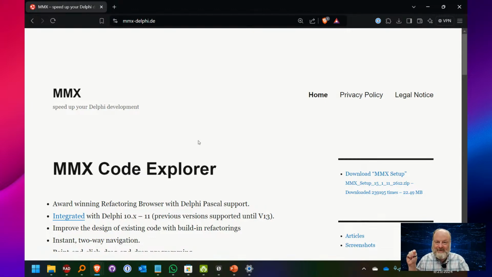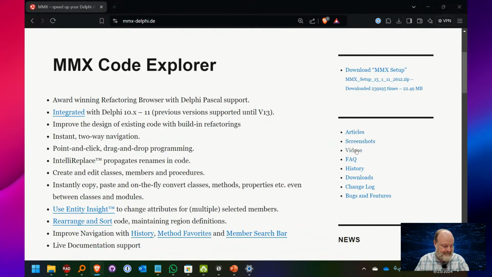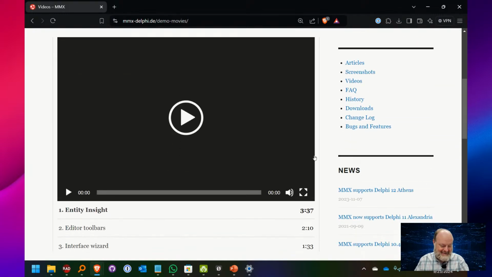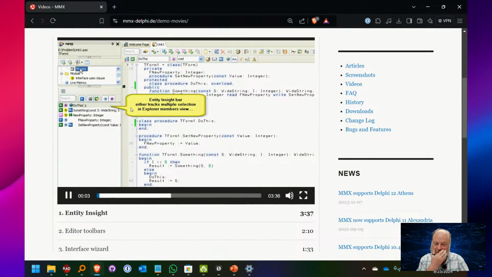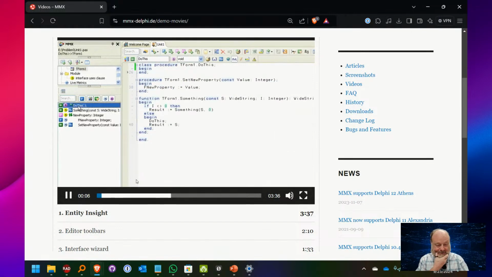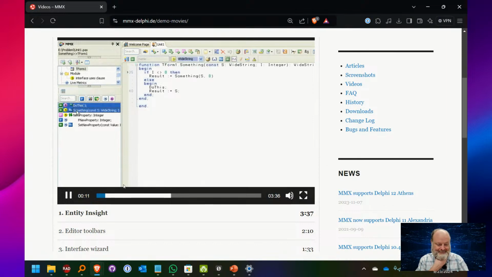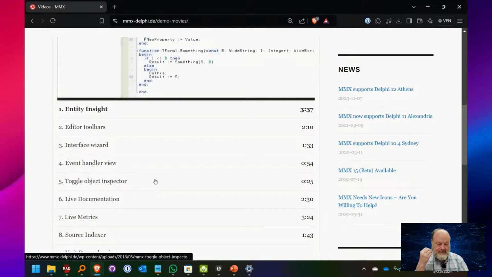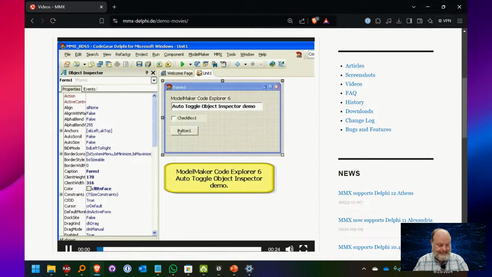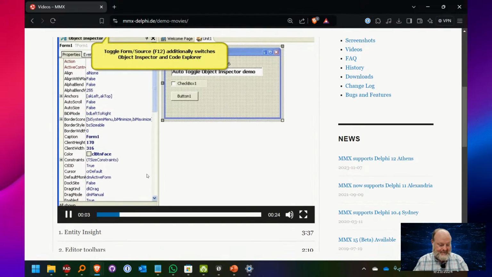Go out to mmxdelphi.de. I'll put this in the chat actually. There are these old videos, which are kind of funny given how old they are, that show some of the functions in action: Entity Insight, Interface Wizard, Event Handler View, Toggle Object Inspector, Live Documentation, and such.